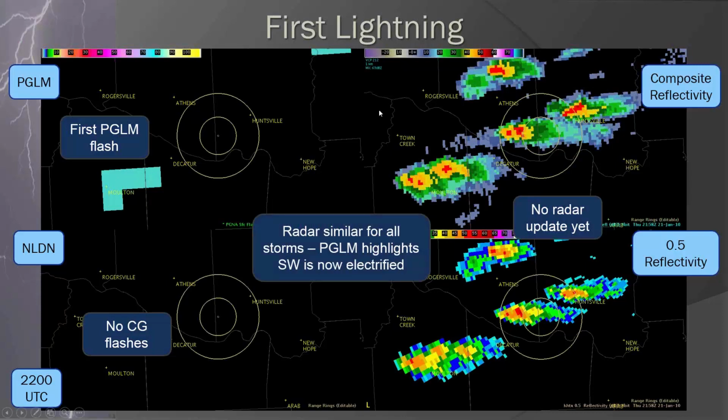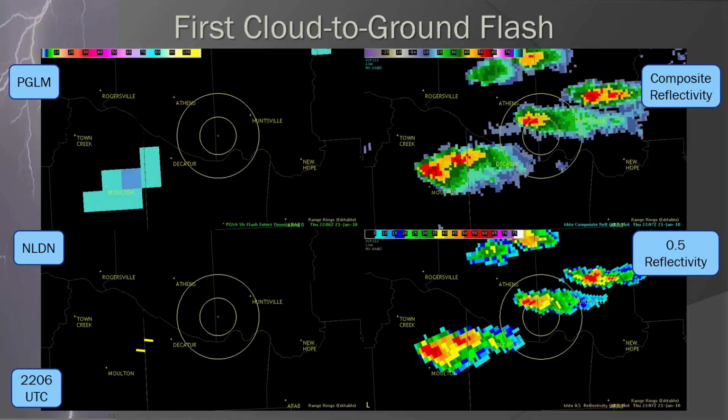So you have to start thinking about, do I have to worry about just the southwestern storm, or because the radar signature looks very similar across all of these storms, is it possible that all these clusters of storms could become electrically active at any moment? So it's the thinking that you go forward with to decide what you have to do in this decision-making process. So what I'll do now, I'll move ahead about another 6 minutes,